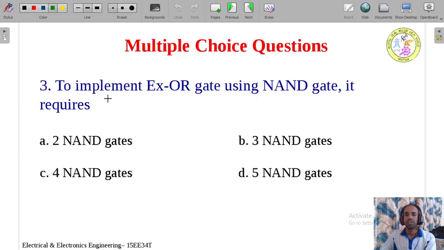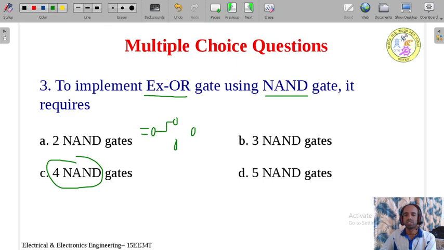Question number 3. To implement XOR gate using NAND gates, how many are required? We already know that it requires 4 NAND gates, connected in some fashion. One NAND gate here, one more here, one more here, and one more here. The two inputs are available here.